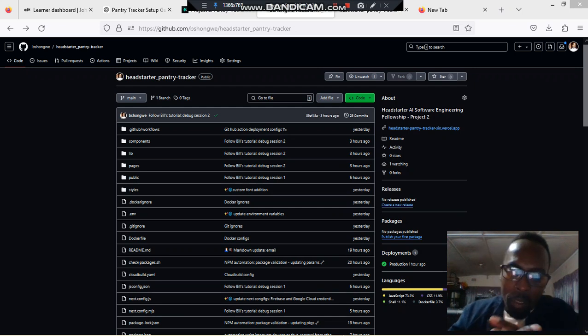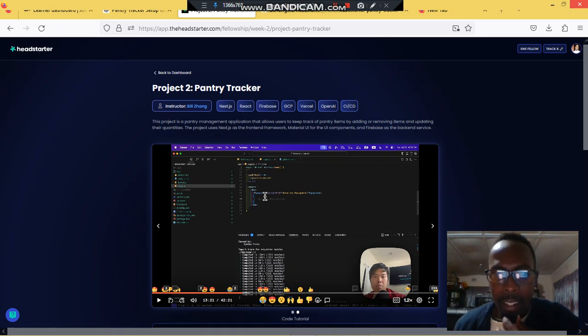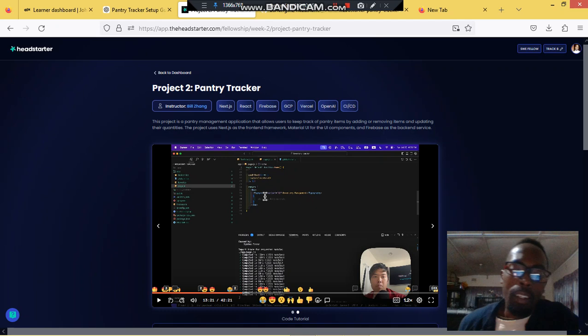Today, we're building an app called the Pantry Tracker. Let's just go through the resources based on what we're supposed to have. It was actually led by Bill. Bill asked us to build this Pantry Tracker. We're supposed to have Next.js on it, React, Firebase, Google Cloud Platform, Vercel, and OpenAI, and we're supposed to deploy this on the various platforms